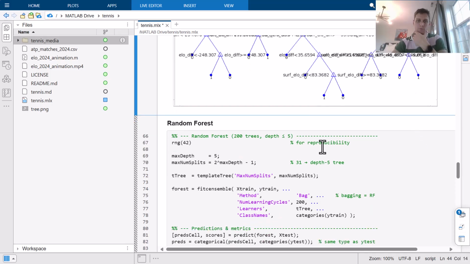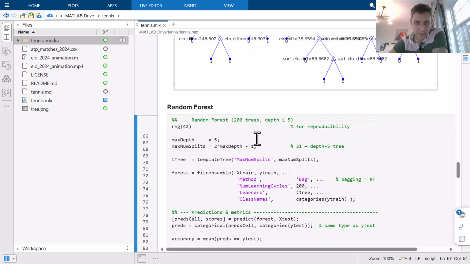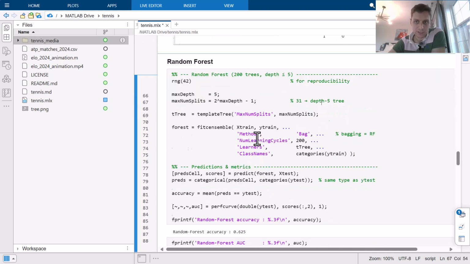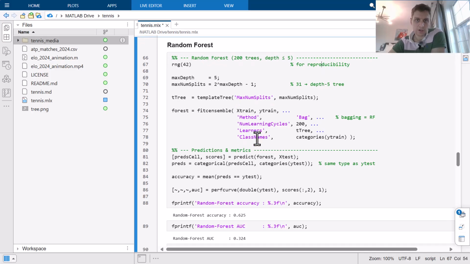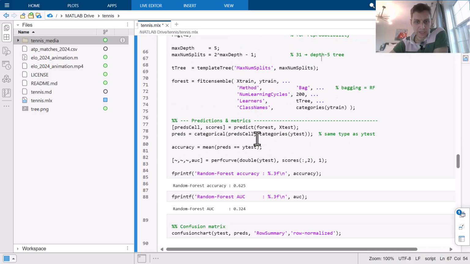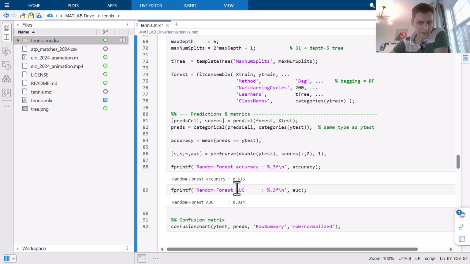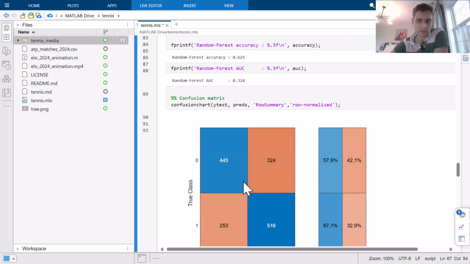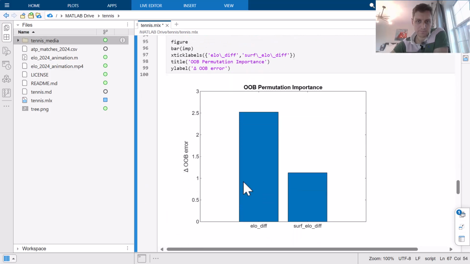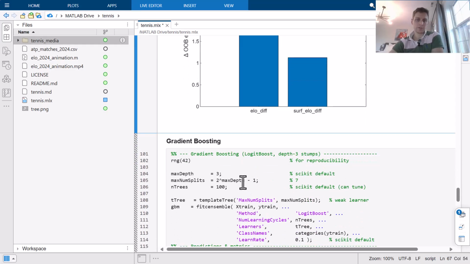You have here a random forest, which is essentially scaling this approach to 200 trees, and you simply shuffle the distribution of the data sets in order to randomly train those trees. And as you can see, it's actually giving us a fairly good accuracy of 62%. So actually much better. And now let's look at the gradient boosting method.